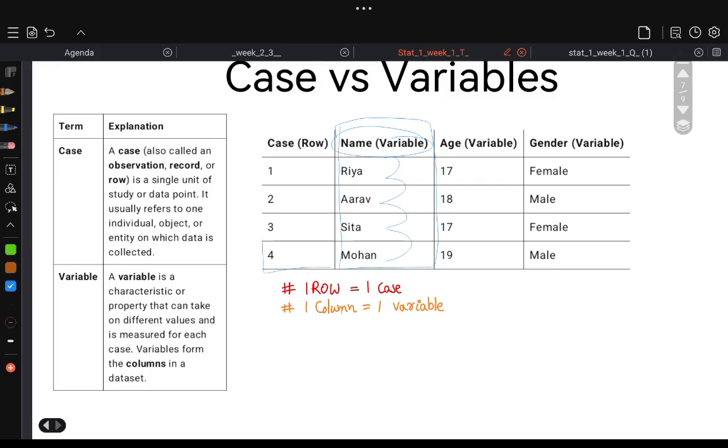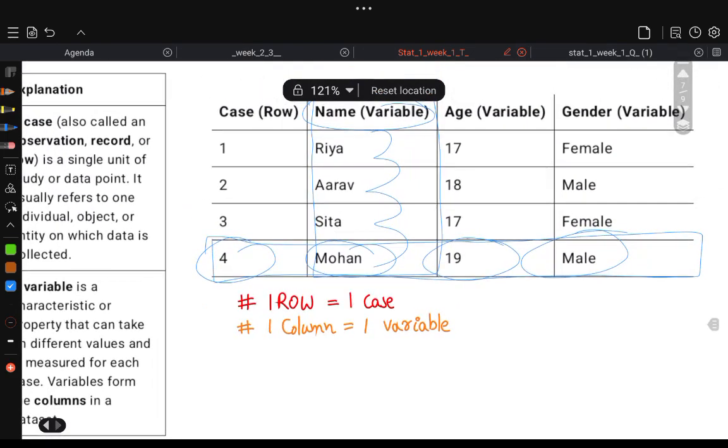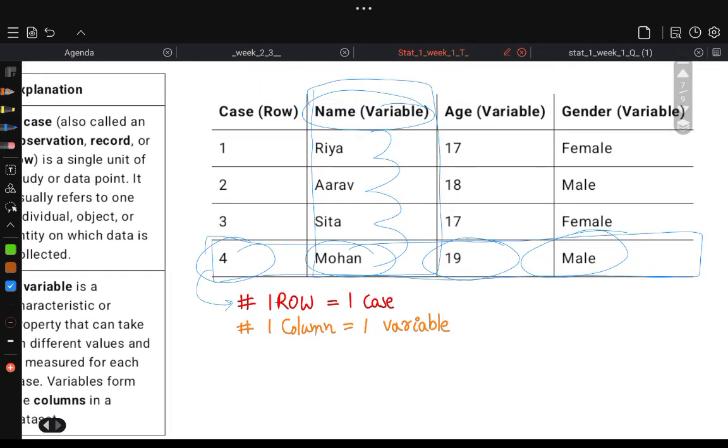For Mohan, there is an observation called Mohan. It is a case. It has several values, like his name, his age, his gender, and his serial number or roll number, we can say. So every row has its own case. See, it is a row. Every row has its own case,